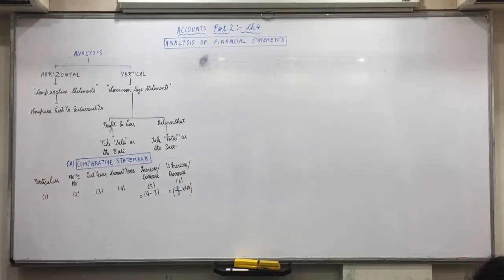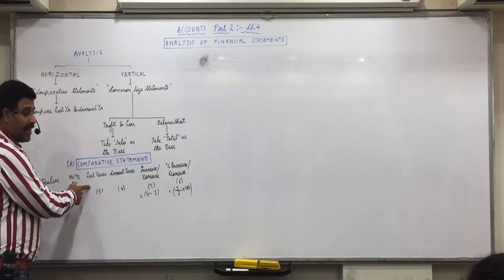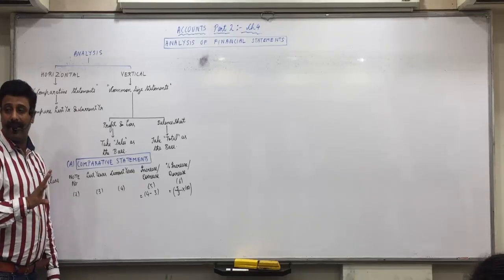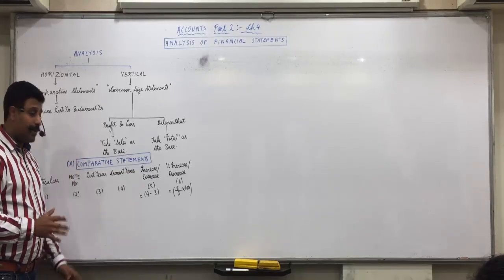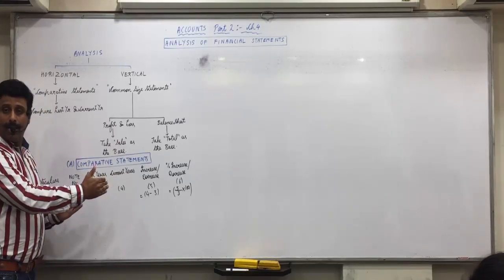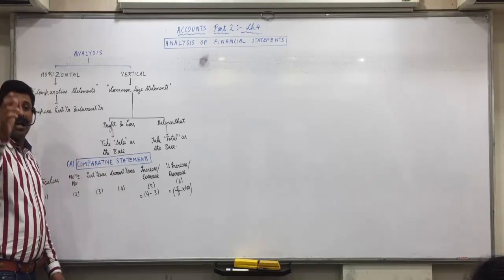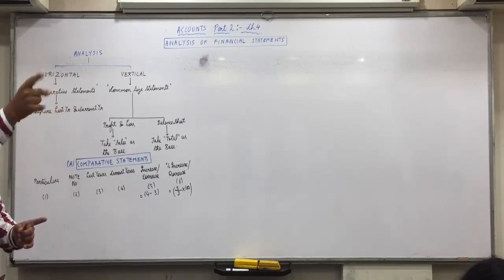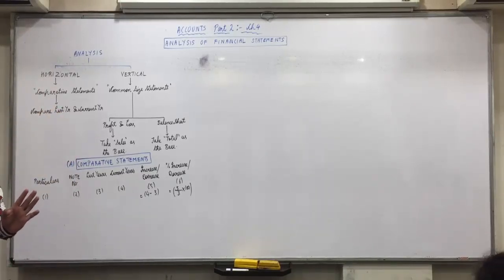Yes. So the question itself is your answer. Only one thing you will change, in the order. Throughout this chapter as well as the 6th chapter, in the question you will always be given first current year and second last year. The first column of amount will always be of current year, second will always be of last year. But in the solution, first we write last year and second current year, chronological order. So just remember, throughout the chapter, amounts are to be written in a cross manner. Cross the amounts. First column will come in second and second column will come in first. Is everyone clear with this?